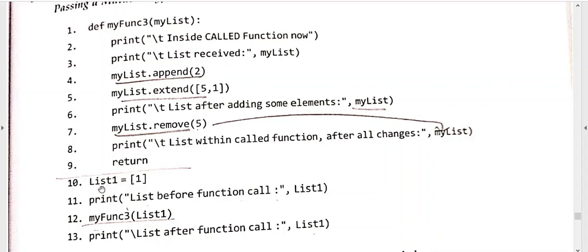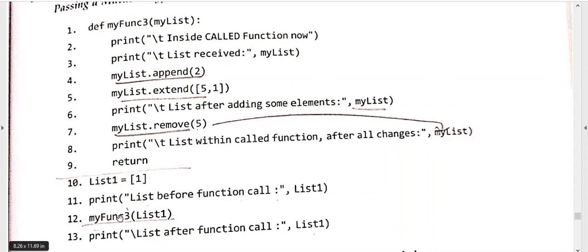Here we have initialized a list. In this we have only one element, 1. So list[0] refers to the first element, that is 1. Now the print statement, list before the function call. See what he is trying to do: he wants to show the status of the list before the function call has been made, and after that what the status is.